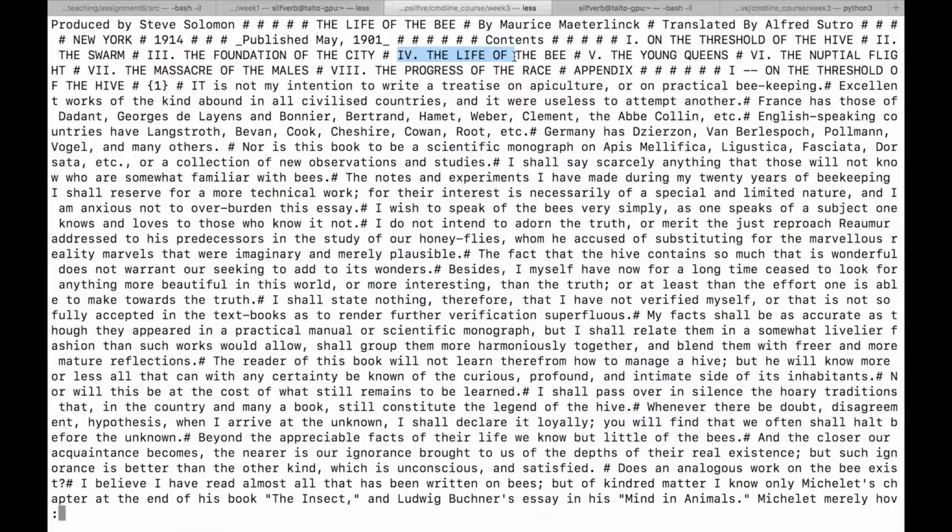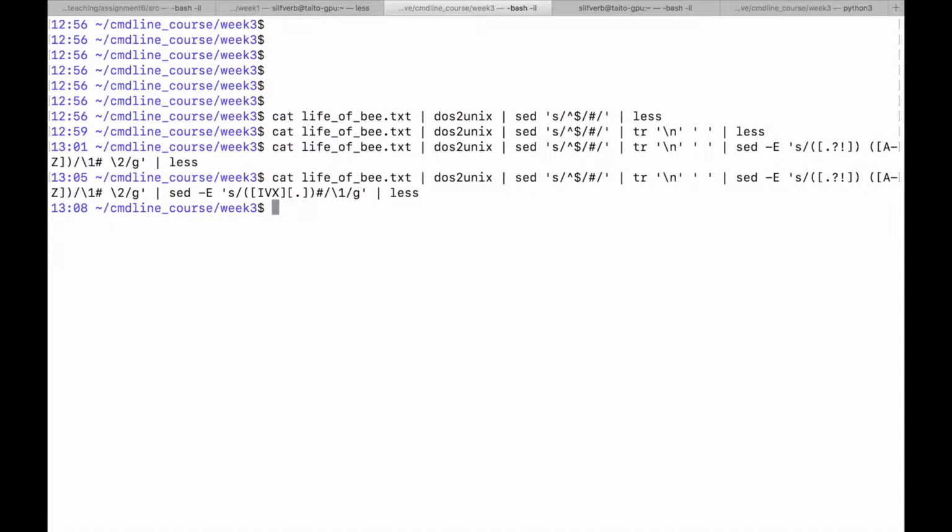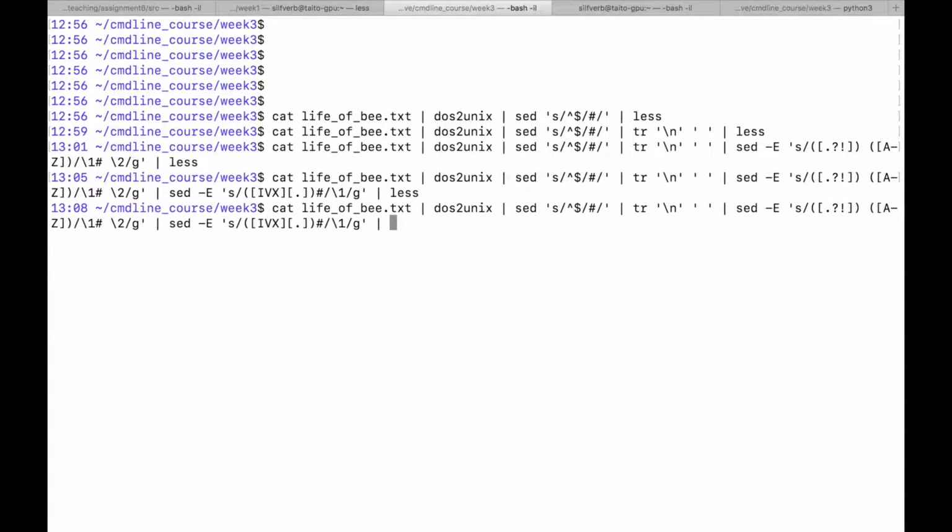Now, as I said before, this is not perfect. This probably doesn't insert boundaries everywhere it should, and it probably sometimes inserts a boundary somewhere where we shouldn't have a sentence boundary. However, it's going to work pretty well. Of course, if you really need to have a very accurate system, you'll have to improve upon this. Okay, let's quit less. Okay, so the last step is to actually transform these sentence boundary symbols to new lines